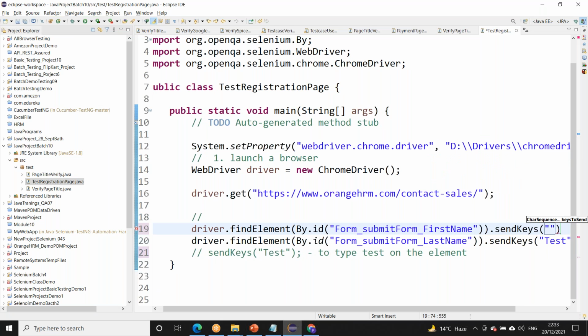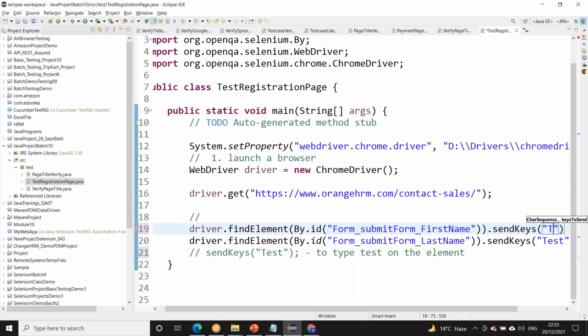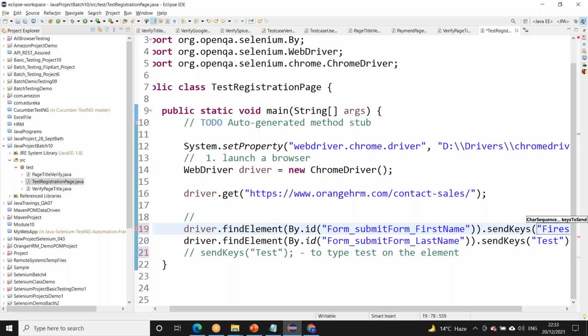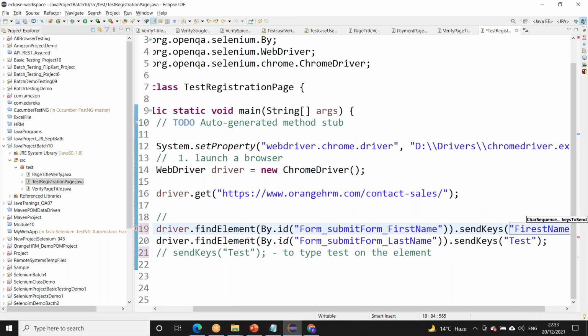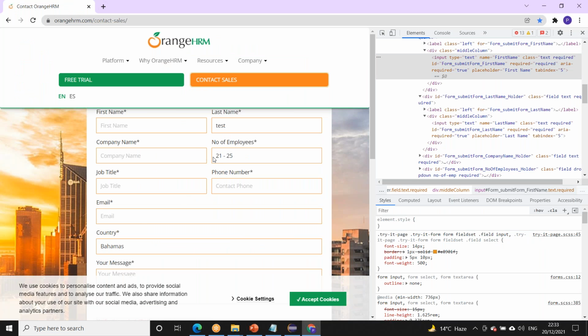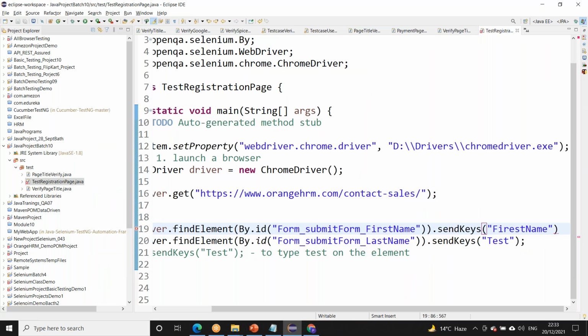And I want to type here a test, for example. Or else I will write first name. First name I will type in the first name field. And then semicolon. So this is to find the element.